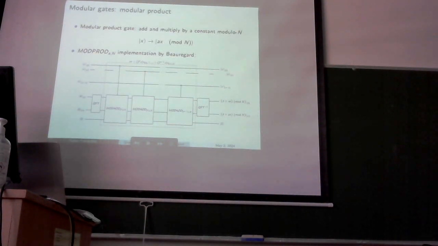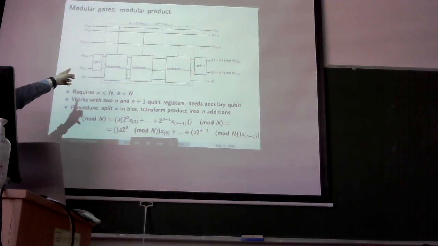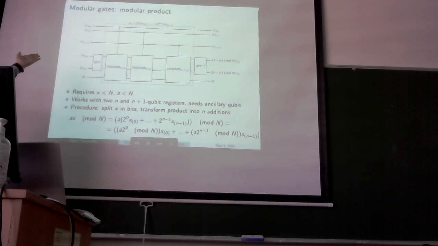In this case, the implementation is easier to get, because we are transforming the product of a times x into several sums conditioned by each of the bits of x, which is the following idea. This implementation is also by Beauregard, and one can check that this idea of splitting the product of a times x modulo n into several additions, here as you can see by a multiplied by powers of 2, and then those additions being controlled by the bits of the number x, for which we are using an extra register to encode that value, also holds for modular addition and not just for regular addition.